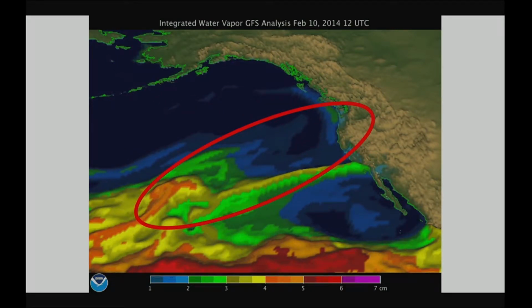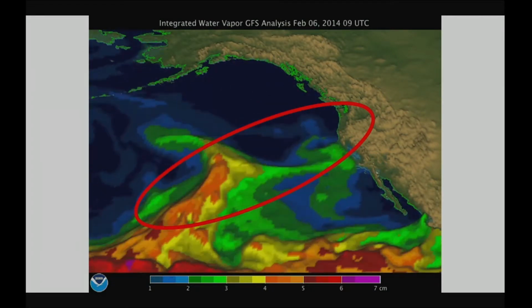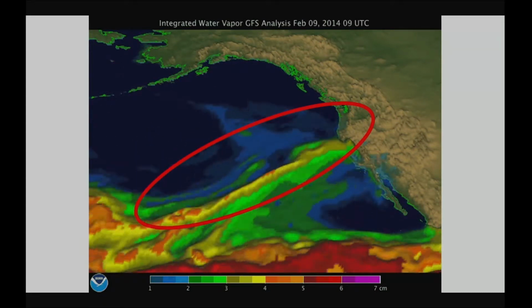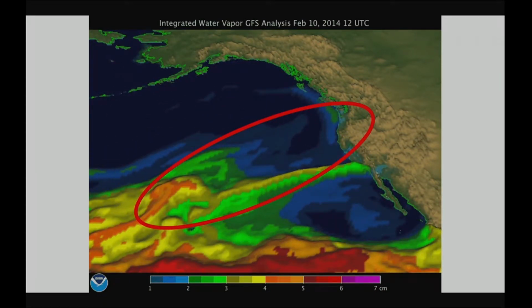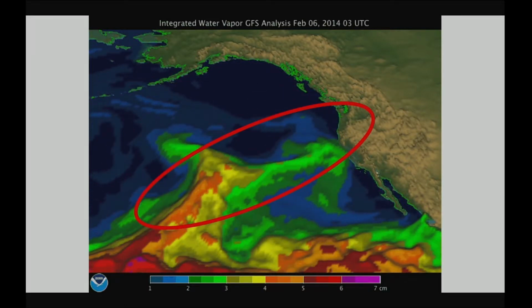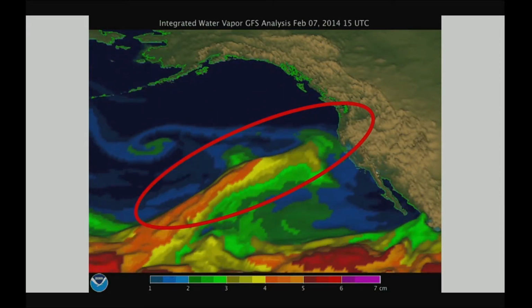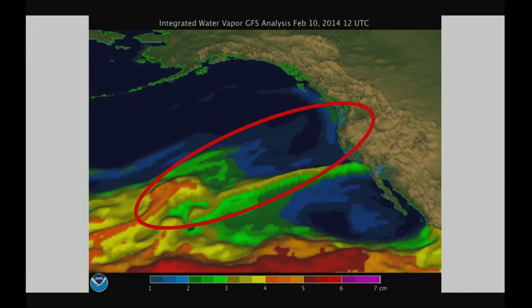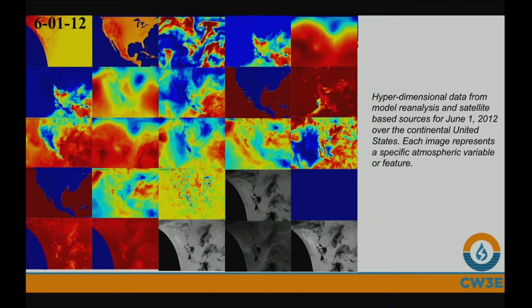If you took the entire column of the atmosphere and condensed all the water out, it would be the water at the bottom of that bucket, and around 4 inches or 4 centimeters where you see yellow and oranges, and the blue is very dry atmosphere, very little water vapor. And so this is just one variable we want to look at and try to understand atmospheric rivers, but we